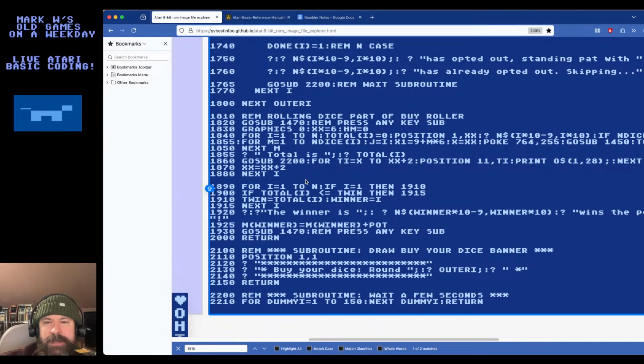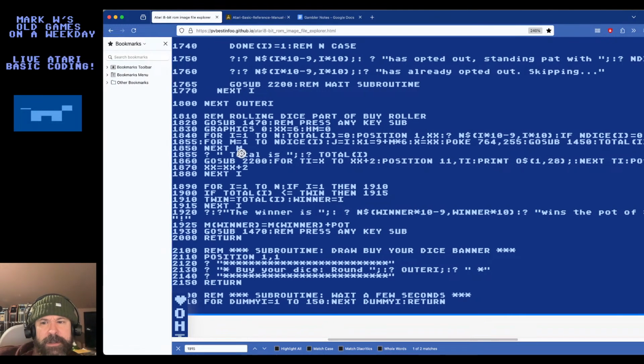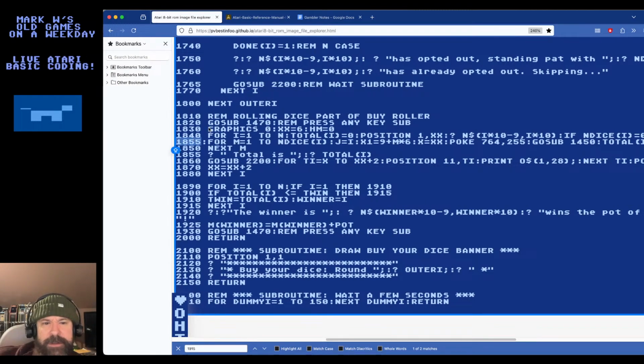Well, I mean, I don't know. I guess I need that check for n dice 0, though. That's the thing. If n dice I equals 0, then 1855. I'm just trying to make sure I got all my colons lined up and stuff in the right place.